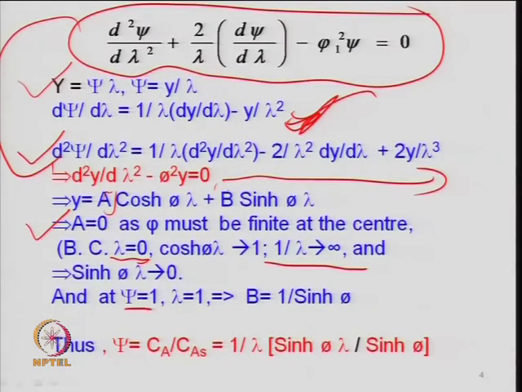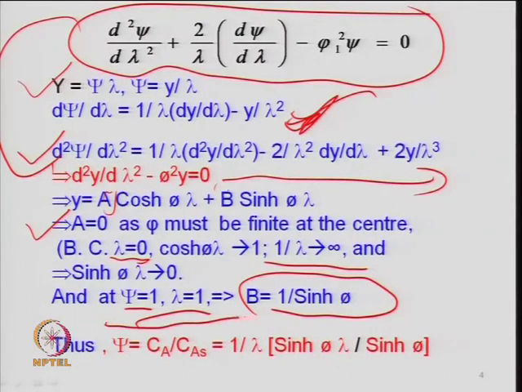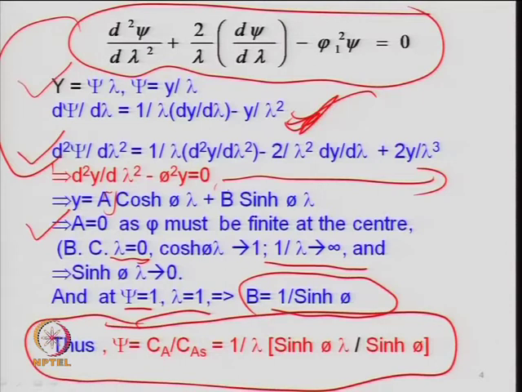Now apply the same thing for the second boundary condition. At psi equal to 1, which is the outer surface of the solid, Ca is equal to Cas. So, psi is 1, and at that time lambda is equal to r by R, where R is capital R, so lambda is 1. Substitute it here, and you have the value of B. Here y is equal to psi lambda, so your y is 1 basically. So, B will be 1 upon sin hyperbolic phi, for lambda equal to 1. Substitute these two values in y is equal to psi lambda, and you have the expression for the concentration profile in the spherical pellet.